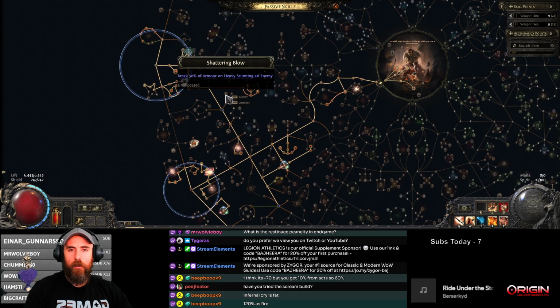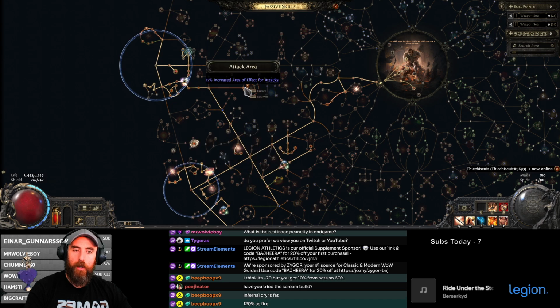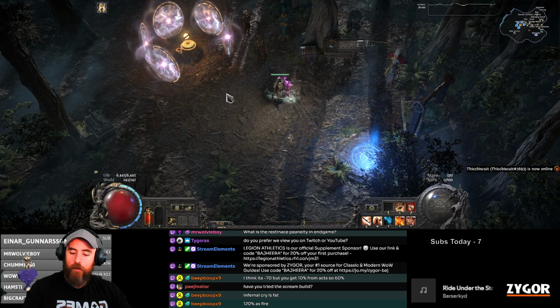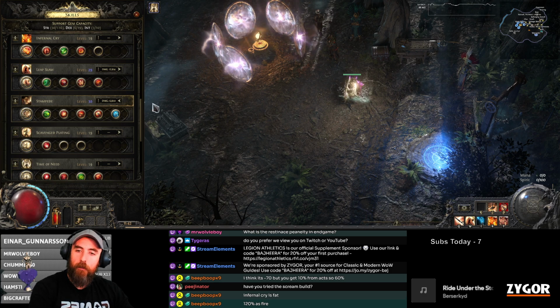This one. So break 50% of armor when heavily stunning an enemy. You can just do it with this and save yourself a support gem, basically. But you would need to have a bunch of extra armor break, like at least 100%, right? So it would break 100% of armor on heavy stunning an enemy, so you'd have to get that from your talent tree. But that is kind of another interesting way of doing that, but I just have it done this